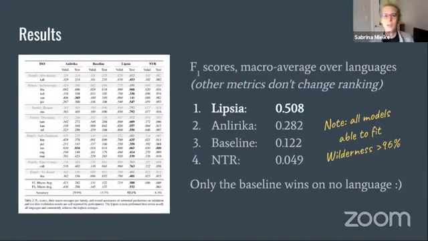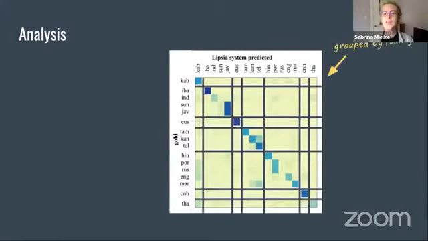We can also analyze this performance a little bit more in detail. So what we see here is a confusion matrix, only showing this for the Lipsia system since it's the best one and has the clearest diagonal, but others do look somewhat similar. So we see in the rows, the goal language for a particular sample, and in the columns, what that system predicted. And so some trends emerge. I will say it might be a little bit hard to make out on the slide, but these are grouped by language family. So this explains some of the trends you might see.